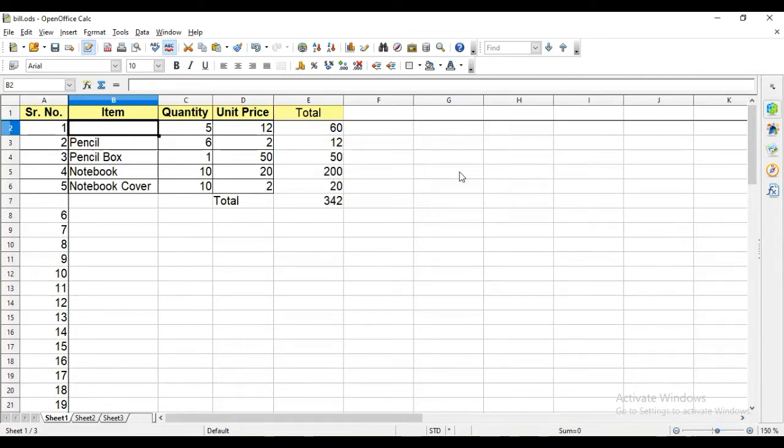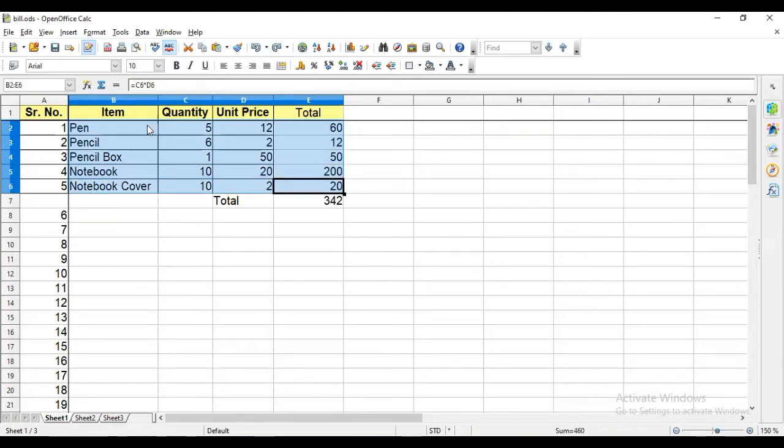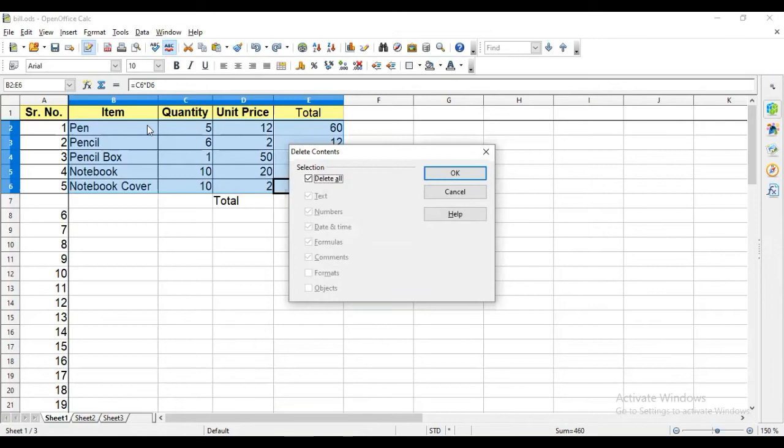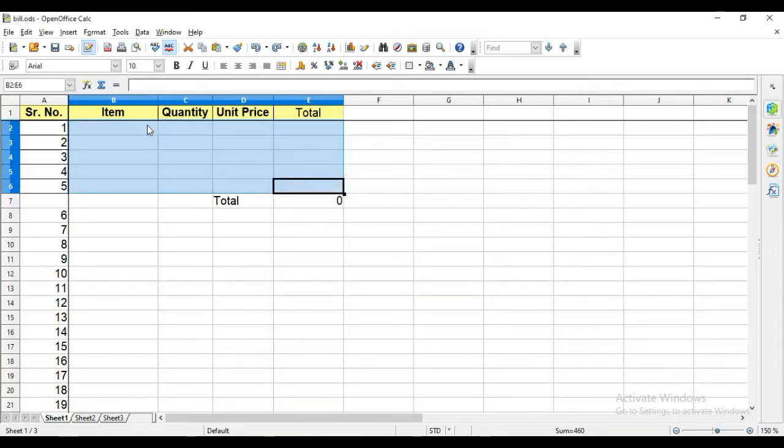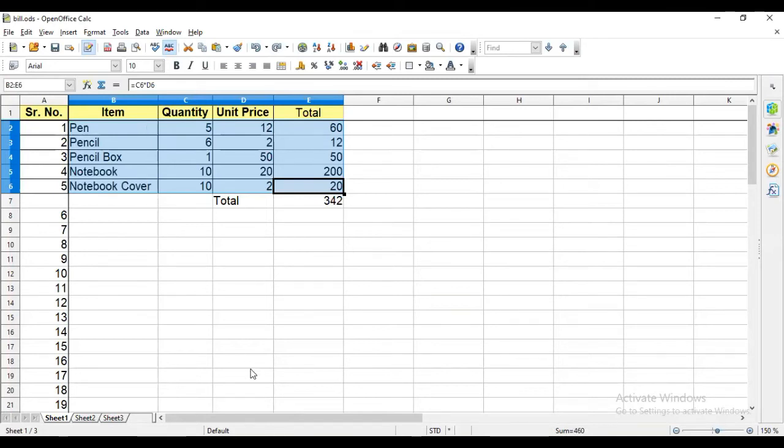I'm doing undo here, so it comes back. Same way, if you want to delete everything in a particular range, for example starting from here and up to here, then select the range, press the delete button, delete all and OK. Like this you can delete everything in a range.